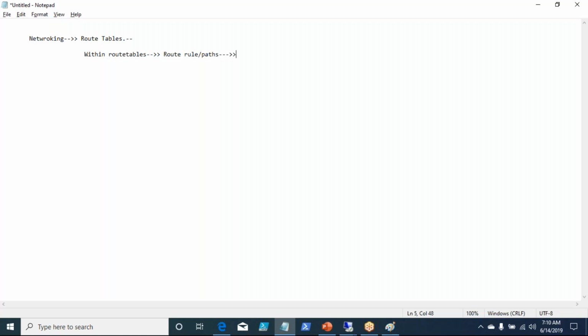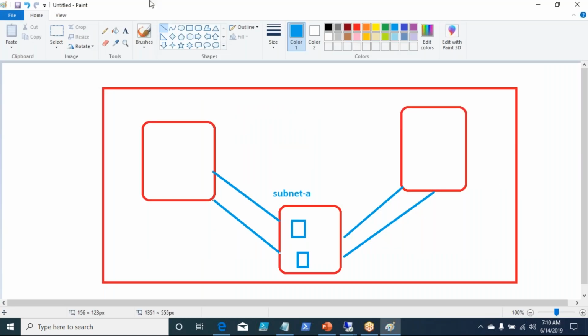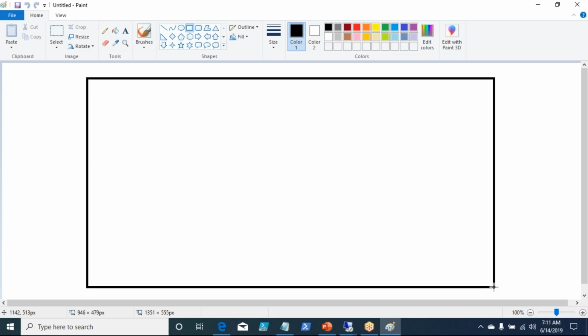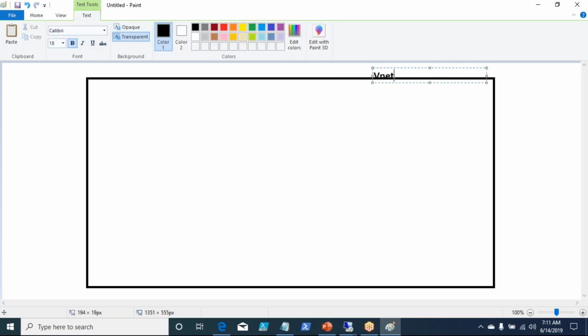Okay. Now for our lab, let me open a new file. We are going to create a virtual network, right? We call it VNet1, and it will have an IP address range of 10.0.0.0/16.